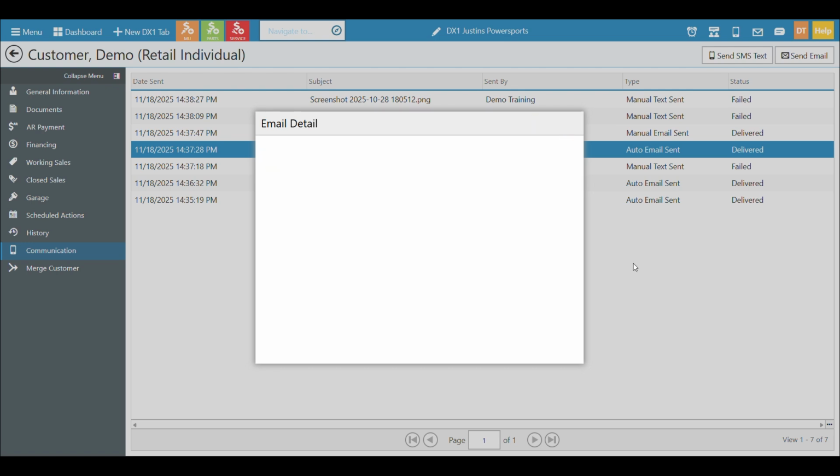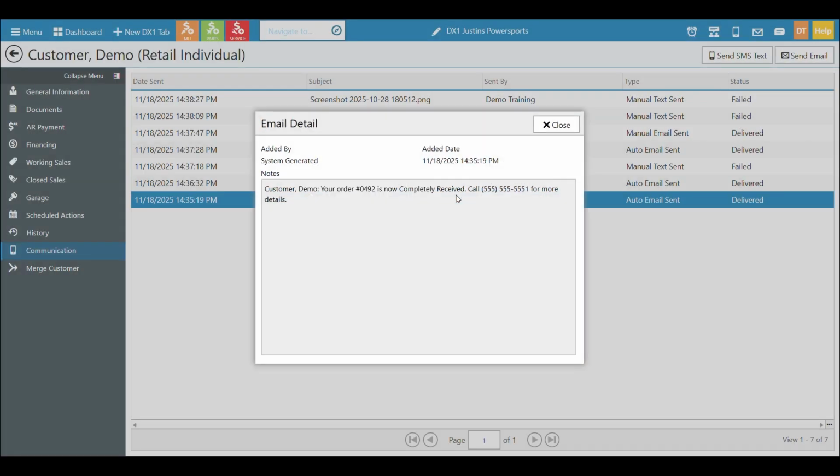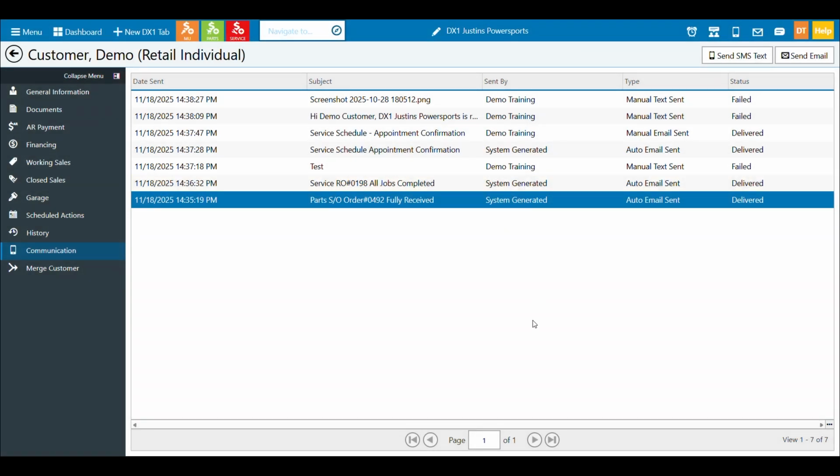Again, this is a great tool when somebody comes in and says, hey, nobody let me know my parts got ordered or got received. And you can say, well, at least I know my system did it. I've got to work with my customer, but I trust that my system did the right thing. Maybe I can find out where the gap was. So those are just three other areas of the customer detail that I'd make sure you're aware of, know how it works, and definitely you'll be spending some time there. So hopefully that'll help in that area.